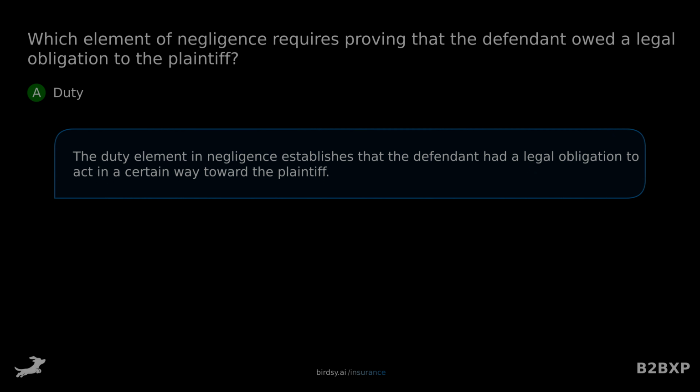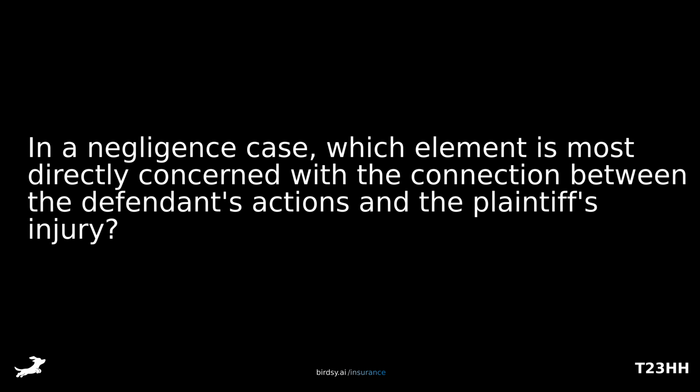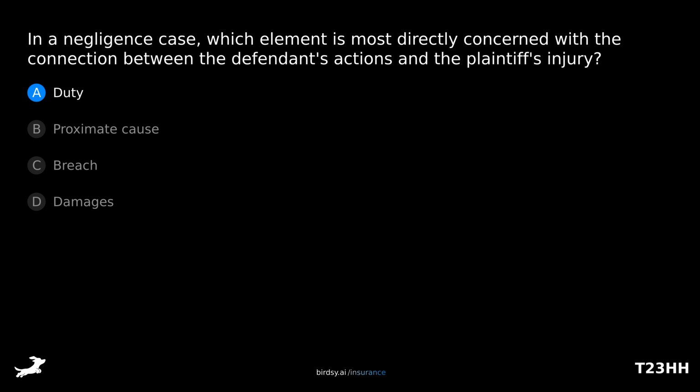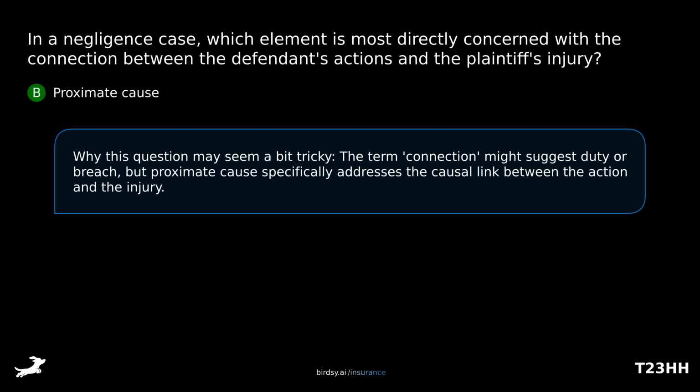the plaintiff. In a negligence case, which element is most directly concerned with the connection between the defendant's actions and the plaintiff's injury? Is it A, duty, B, proximate cause, C, breach, or D, damages? The answer is B, proximate cause. Why this question may seem a bit tricky. The term connection might suggest duty or breach, but proximate cause specifically addresses the causal link between the action and